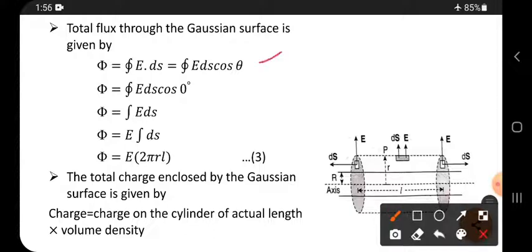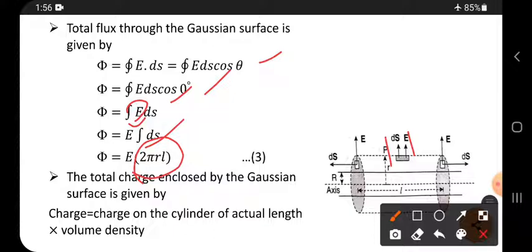And now E dS cos theta. The theta value is 0. Why? Because they are parallel. Cos 0 is 1, into E dS, integration E dS. So keep E outside and write integration dS. Integration dS can be written as it is